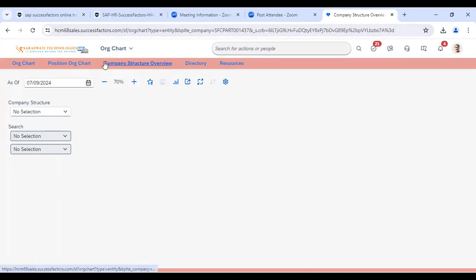The main thing which every company in the implementation needs to have is the company structure and position chart. From the implementation perspective, if you are implementing any project in the coming time, or once you have a SuccessFactors job, if you finalize the position chart and the company structure in the first go,